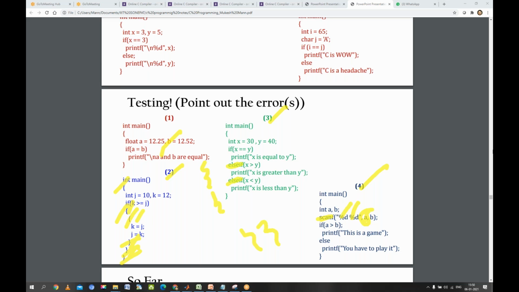So we will study it in detail when we come across the pointer concept. But as of now, just listen, because this A and B, we are going to take from the keyboard. So whenever I enter some value, it is going to be stored at some address, right? So here in this particular line, we have not supplied the address where this value will be stored.